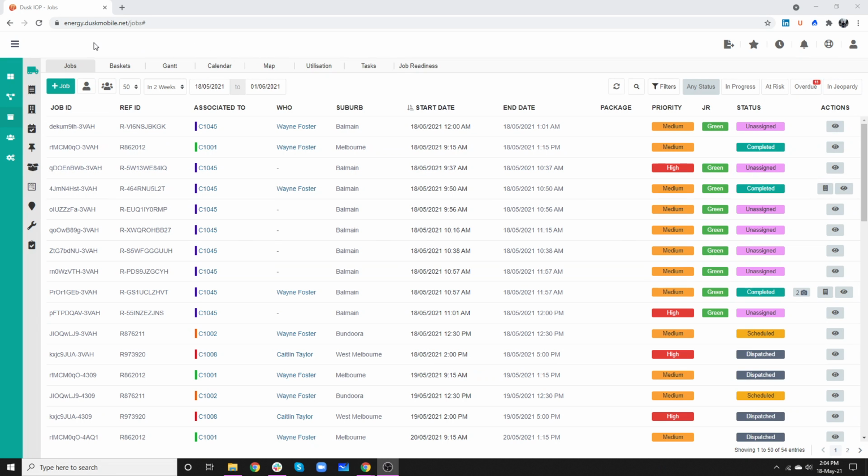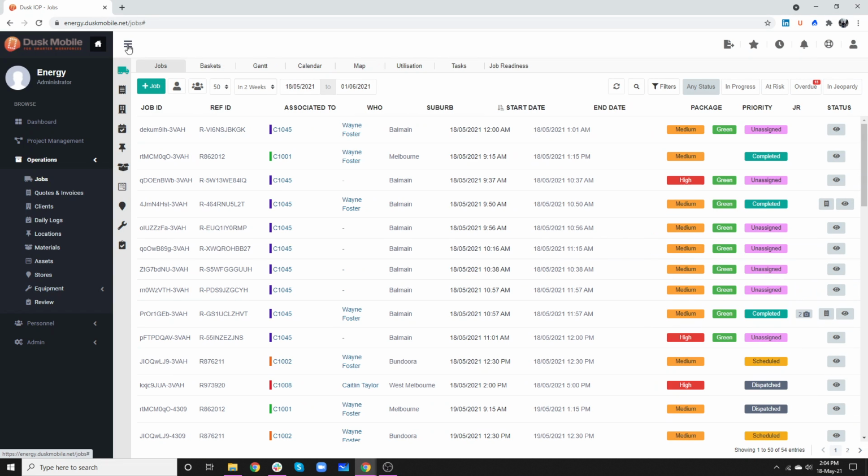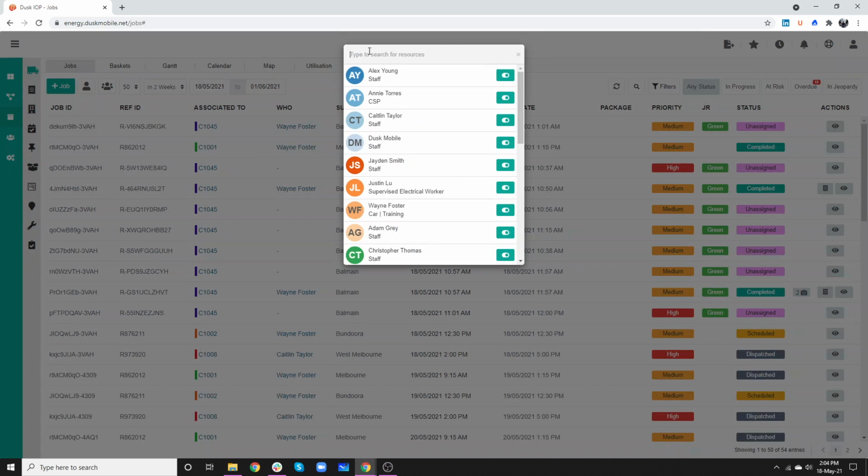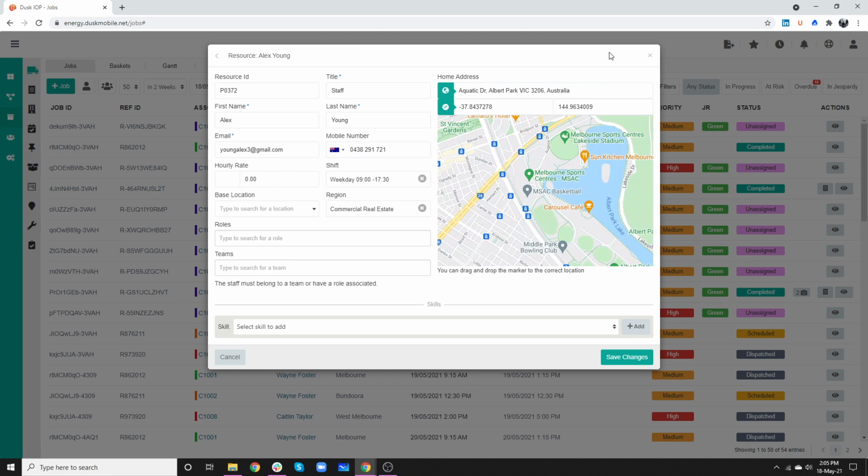In this video, we're going to look at the operations menu of the Dusk IOP. The full menu can be expanded and collapsed by pressing this hamburger menu in the top left. Moving from the left to the right, we've got the job menu. We've got the ability to review a resource, including enabling and disabling them, and also reviewing the full details with